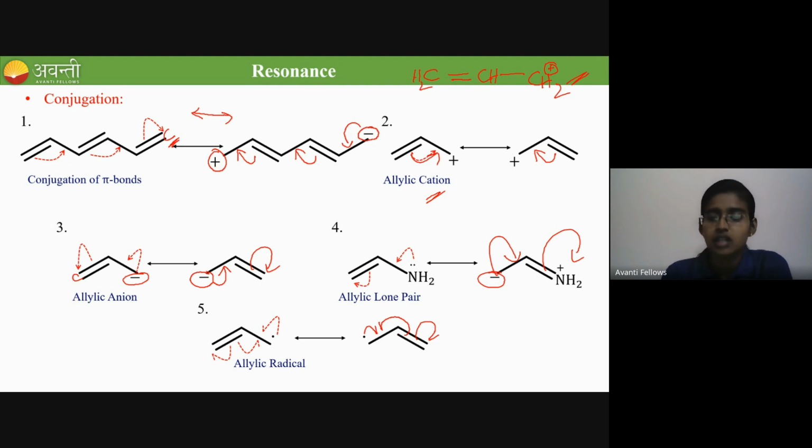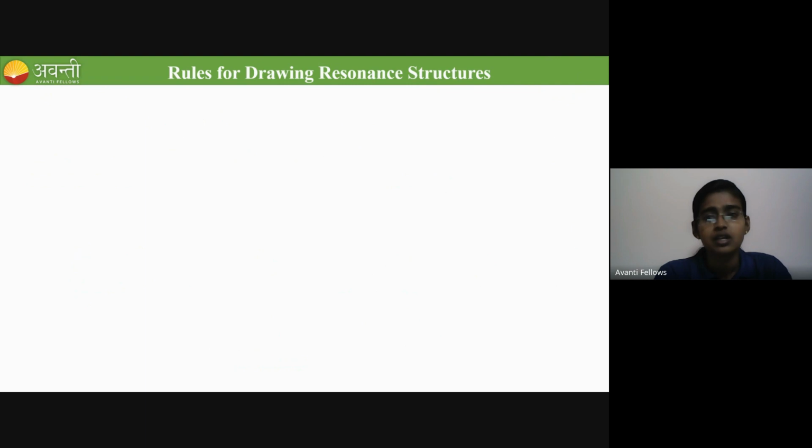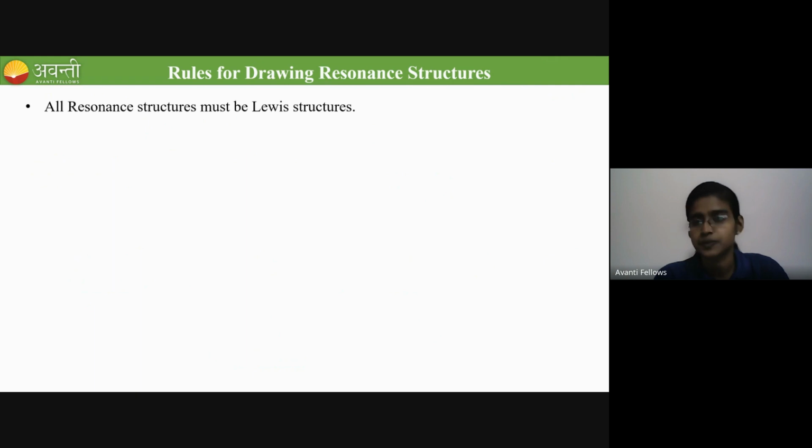Got it? Now, next we will move on to the rules for drawing the resonance structure. So what are the rules we have to follow to draw the resonance structure? The first rule is all the structures must be in the Lewis form. All resonance structures must be Lewis structures. Okay? And the next rule is always the electrons move from the more electron density region to the less electron